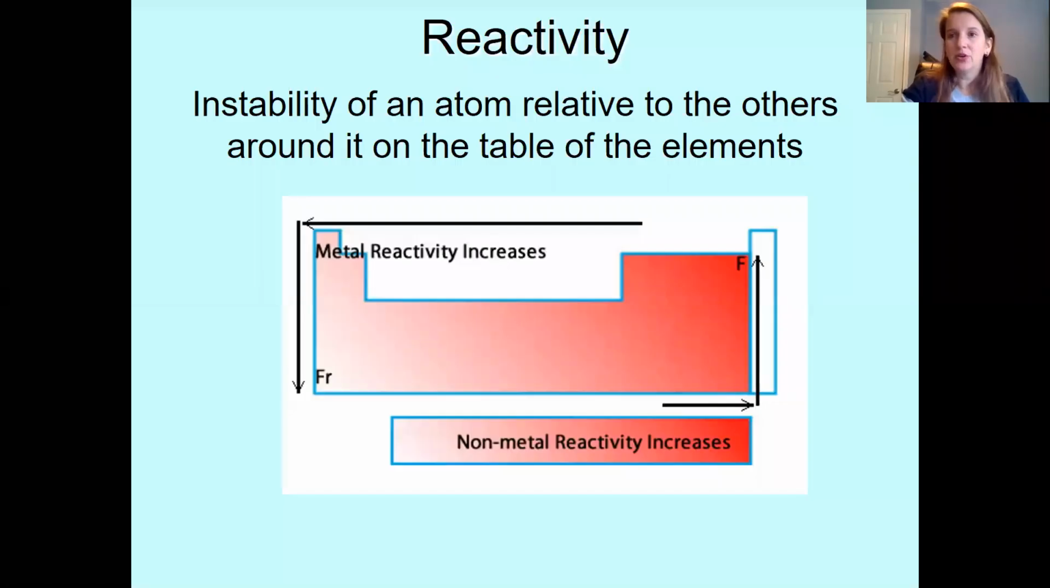Hey everybody, this video is going to go over chemical reactivity and the trend for that. So we're going to pick up on the PowerPoint here. So reactivity